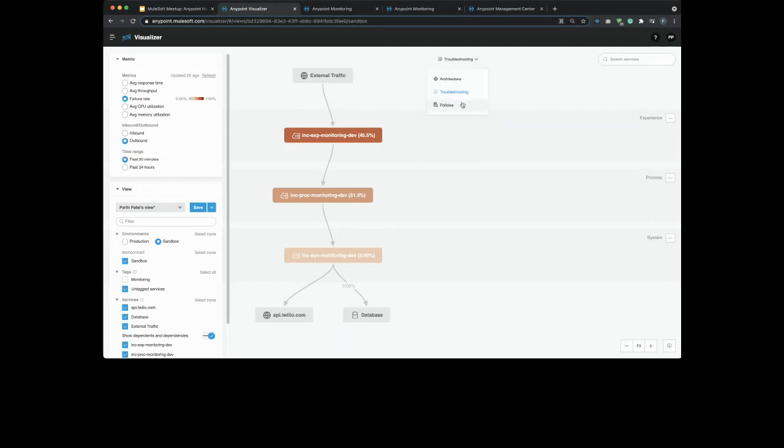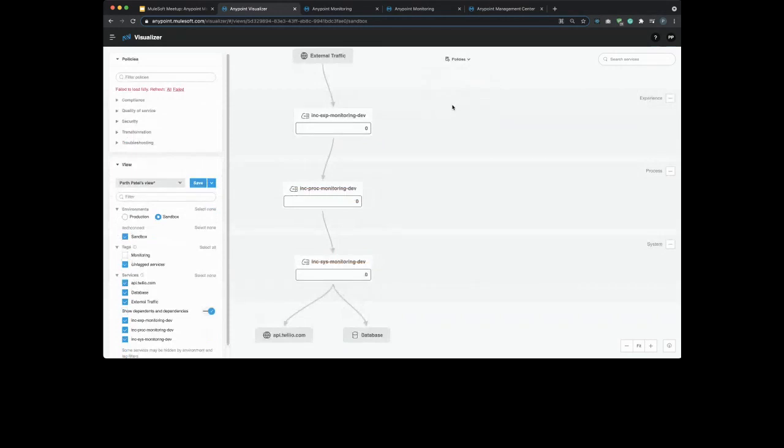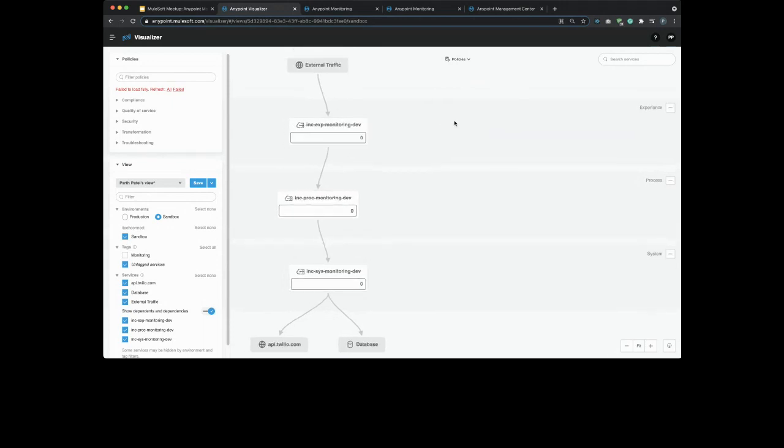The next thing is the policy view. The policy view enables us to see which components are compliant with the selected policy, or the default policy, where our organization has some standards. So this visualizer